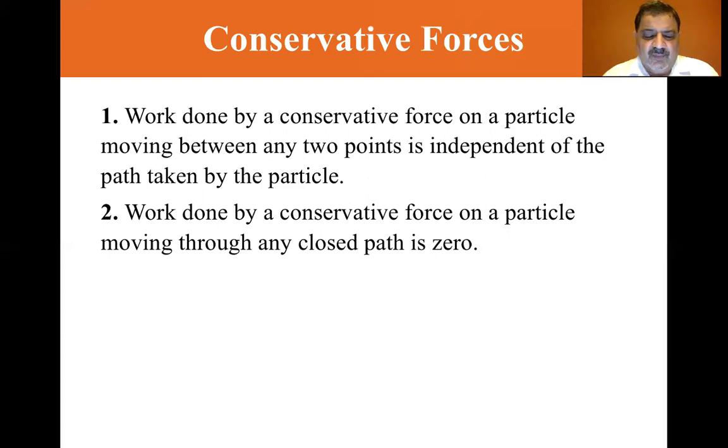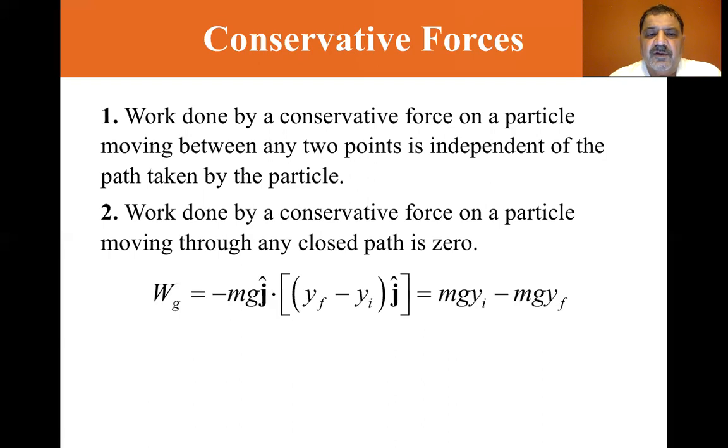Now, a closed path is one for which the beginning point and the end point are identical. So the examples of conservative forces are gravitational force, and the force that an ideal spring exerts on any object attached to the spring. The work done by the gravitational force on an object moving between any 2 points near the Earth's surface is shown. The work done is minus mg j dot (y final minus y initial) j, so it's j dot j, so it's mg y initial minus mg y final,